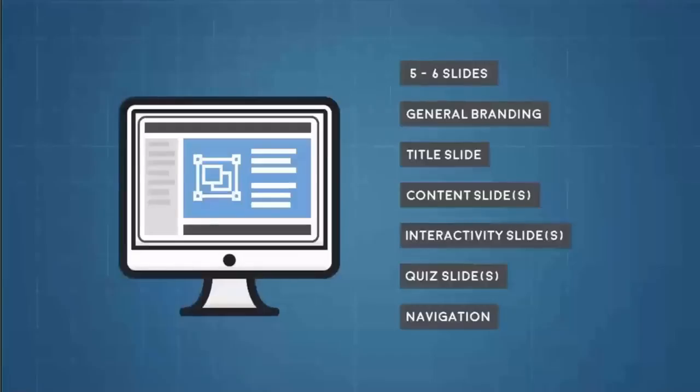All right? So the prototype helps you get buy-in on the look and feel, the navigation, how the user is going to interact with it, the user interface design, all of those things before you go into full-blown development. You might spend 6 to 8 hours on a prototype, and you can make a lot of changes with those 6 to 8 hours. You might make a lot of decisions about the way interactivity works or whatever that might be. Versus spending 40 to 60 hours on 20 slides and your subject matter expert comes back and says, we want to change everything. I would rather change everything in those 5 to 6 slides than those 40 to 60 slides. All right.